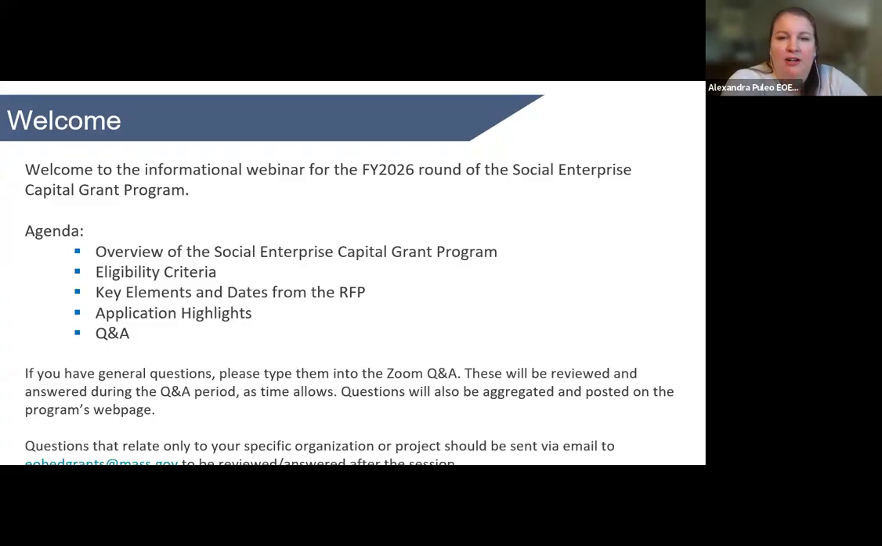So today we're going to talk about the FY 2026 round of the Social Enterprise Capital Grant Program. First, we're just going to give an overview of the program. We're going to talk about the eligibility criteria. We're going to look at key elements and dates from the RFP, the application highlights, and then we'll have time